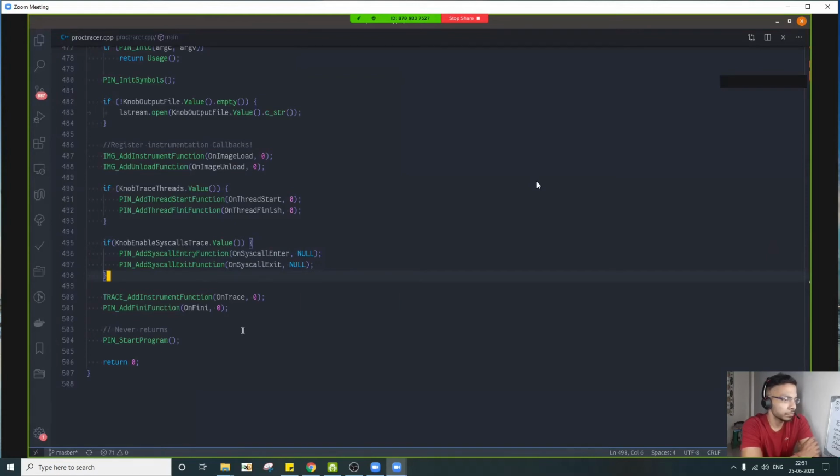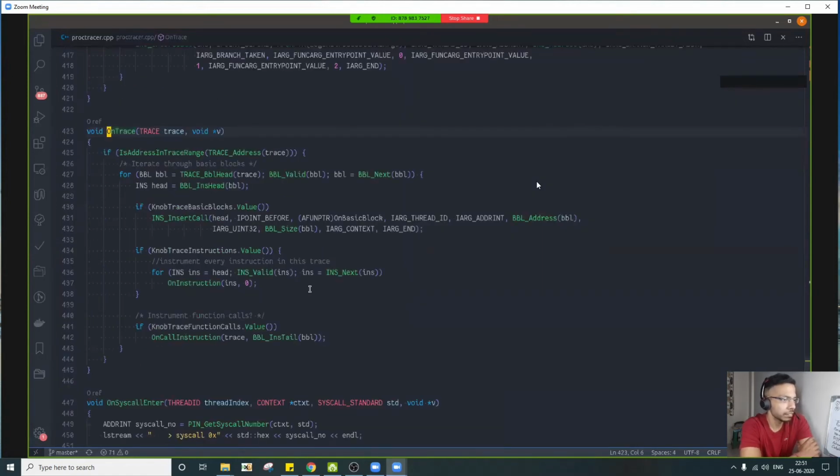The most important function here is the instrumentation function on trace, because on trace we are doing some analysis. This is going to be the most heavy one, I believe. On trace we are looking at whether we want to include the trace within the interested range only, as we have seen with the trace filters.